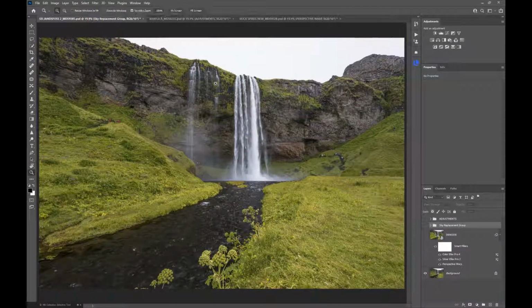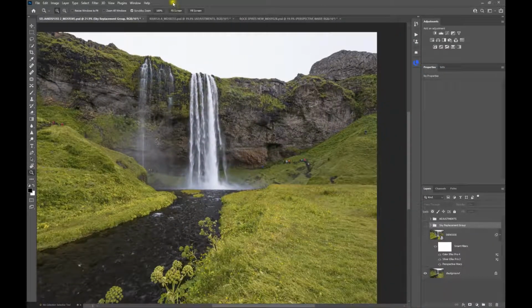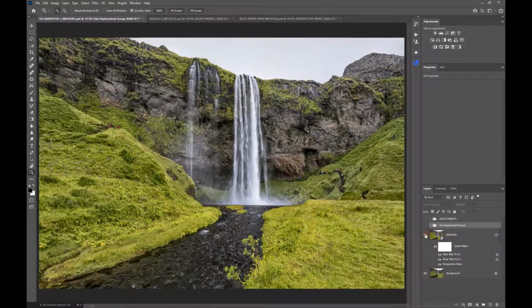This one is also in Iceland on the south coast, a very famous waterfall, and if we just look at it, I've got a little bit too much foreground here and we've lost a little bit of the emphasis of the background. Again, taken with a wide angle lens, you can see here that there's a horde of people trying to walk around behind the waterfall, so you do get a little bit of a sense of scale, but we can improve that by applying a little bit of stretch to the image just to re-emphasize the height of the